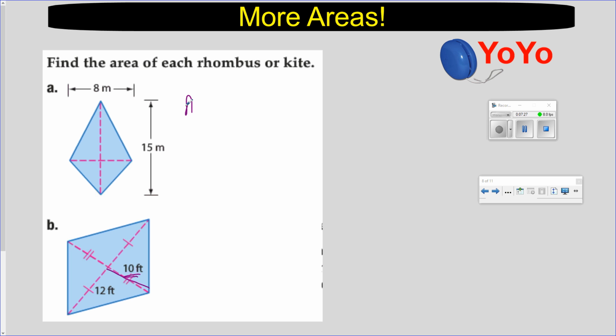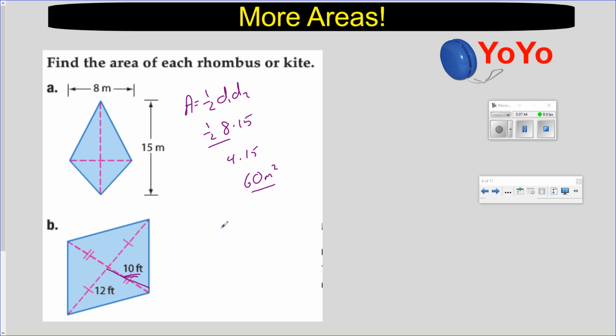Okay, here we go. Area is 1/2 the product of the diagonals. Diagonal 1 times diagonal 2. So this is 1/2 of 8 times 15. I like to combine those right away, make that 4 times 15, and I know that that is 60 meters